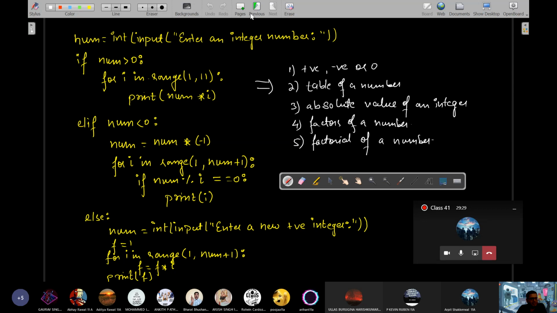Because in else, the only possibility is that the number will be 0. और मैं बोल देता कि else find the factorial, तो always the answer will be 1, because number will always be 0 in else case. That's why I changed it: if the number happens to be 0, ask another positive integer and print its factorial. नहीं तो else में हरदम 0 का ही factorial निकालोगे, and that will always be 1. Okay, ठीक.